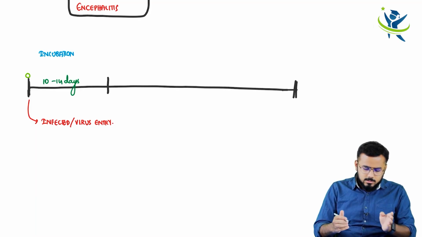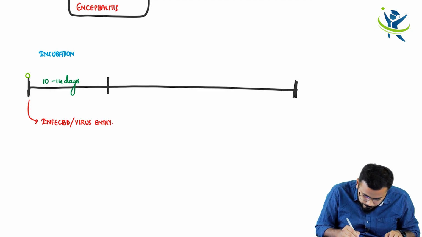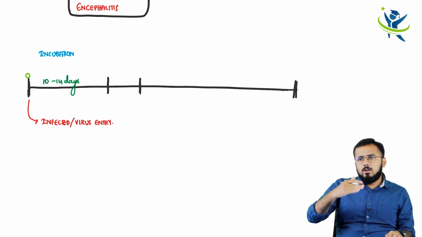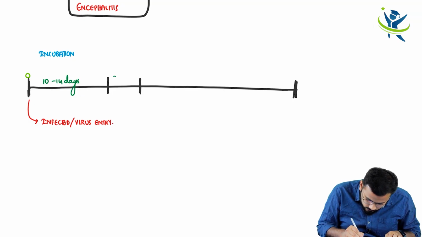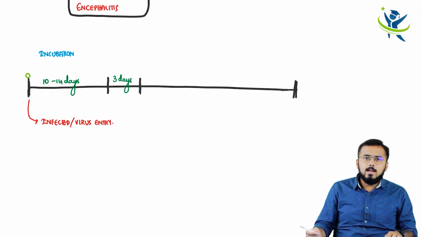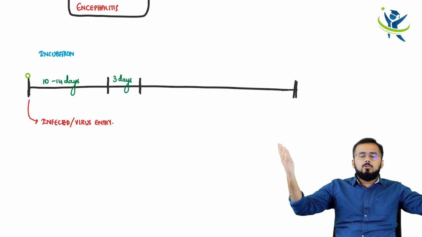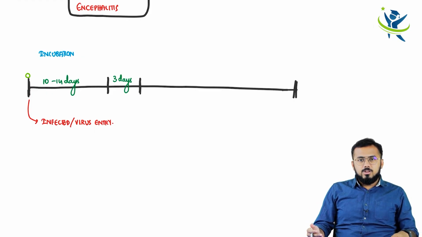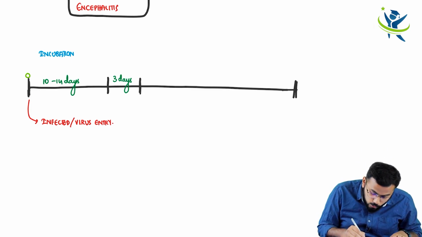After 14 days, in the next 3 days, meaning 15, 16, 17 or 18, let us say, so these 3-4 days, what will happen is that the virus suddenly explodes like this. I mean, the virus particles suddenly enter into your bloodstream and cause havoc, right? So these virus particles are entering into the bloodstream and it will cause very high fever. Suddenly you're going to have high fever overnight. That phase you call the prodromal phase.